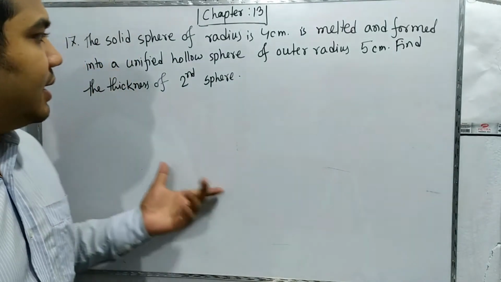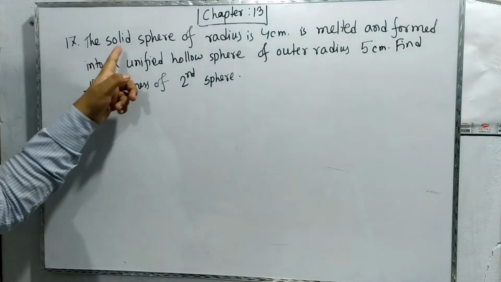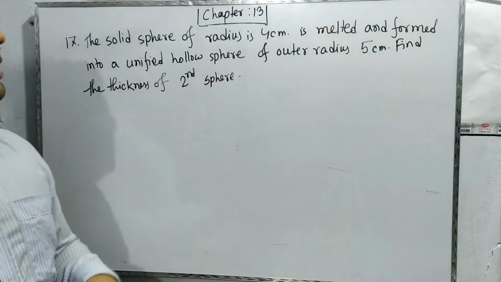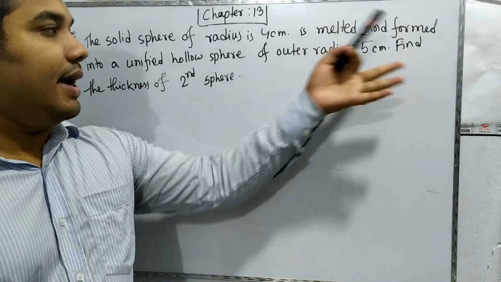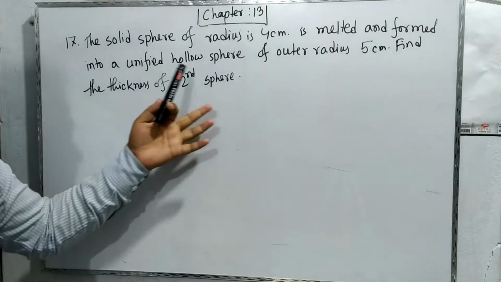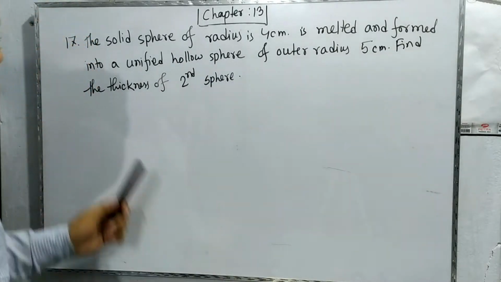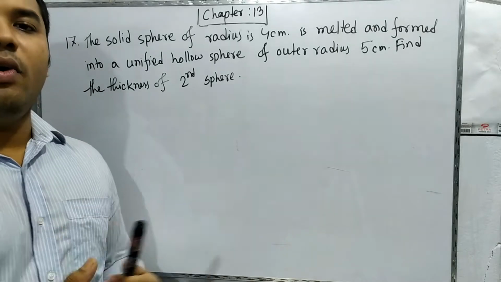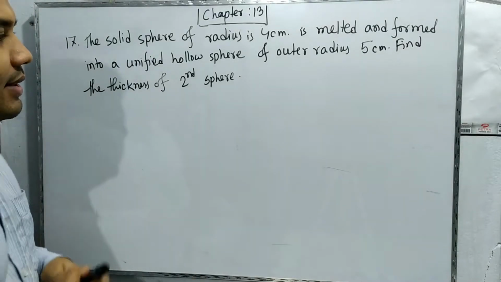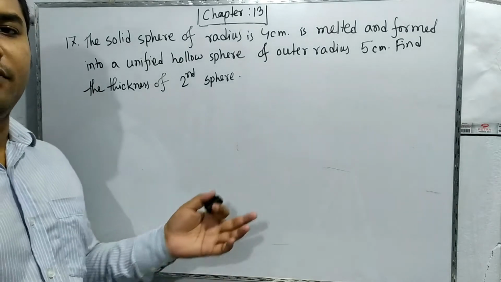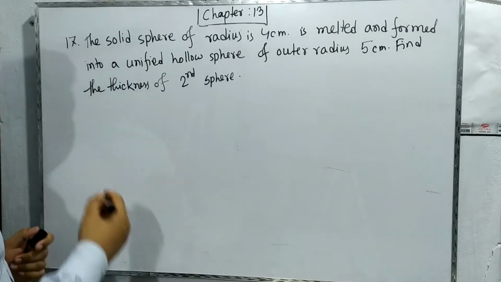Okay, our second math is: a solid sphere of radius 4 centimeter is melted and formed into a unified hollow sphere of outer radius 5 centimeter. Find the thickness of the hollow sphere. What is this math actually talking about? This math is actually the inverse of the immediate past math, that is